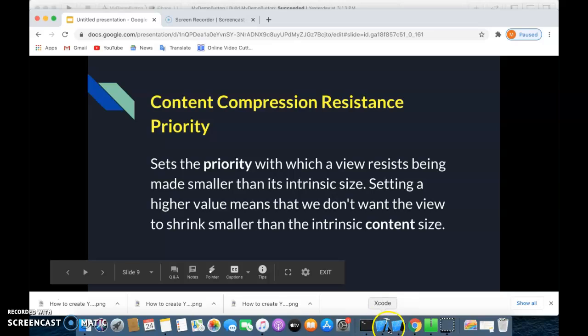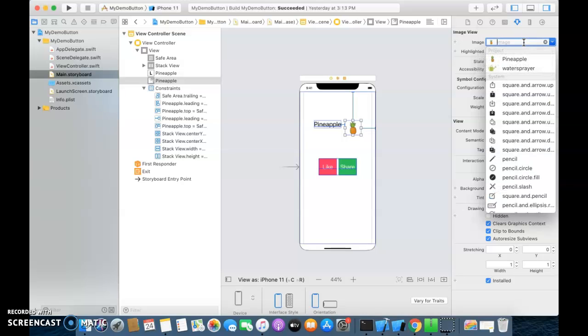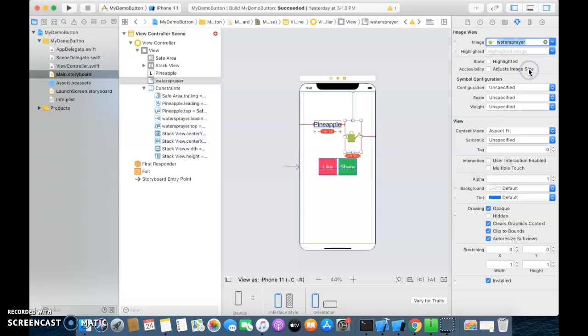So coming to our project, let us just change the image of our pineapple in our UI image view. We are going to select another image which is of a greater size than the pineapple image, that is a water sprayer. So we will select this water sprayer and now we are getting the error.